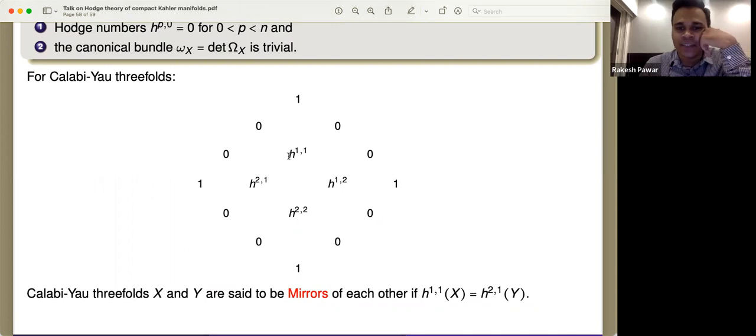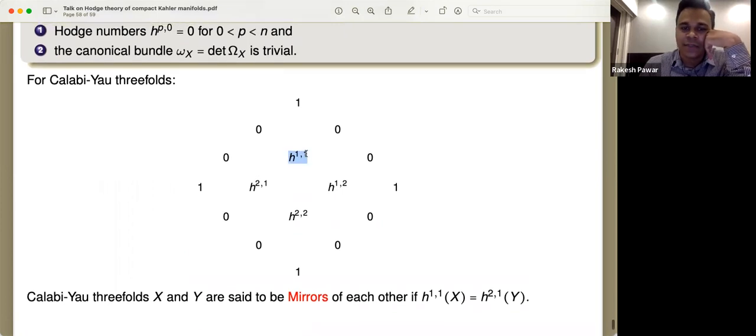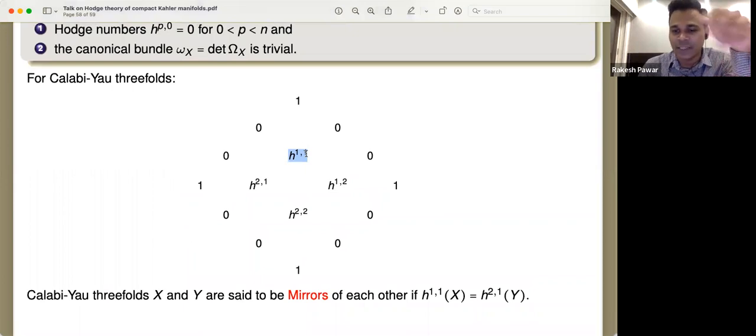If you take a particular example, like if the threefold comes from some explicit hypersurface, there are ways to calculate these Hodge numbers in terms of other structures on them. But in general, I don't think there is a recipe to come up with these numbers. There is sheaf cohomology of some differential forms. If the complex manifold or the algebraic variety is non-explicit, these are difficult to calculate explicitly.